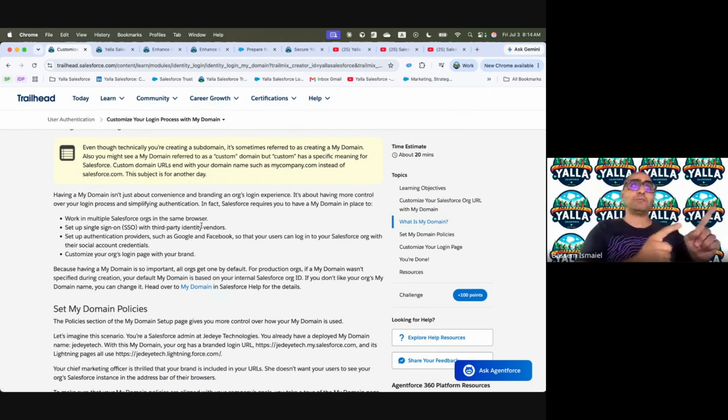Go to the identity provider, who checks your identity and makes sure that you are who you are claiming you are, and then once it says yes, you are that person and you are eligible to access those applications, it's going to redirect you back and say you are in. So you don't need to do multiple logins. So My Domain plays a big role in here.